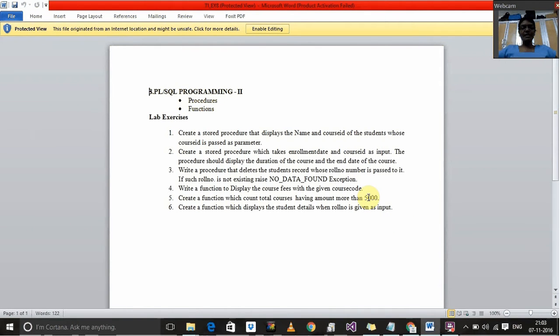This is my database 8th experiment, where we are going to use procedures and functions. The first question is to create a stored procedure that displays the name and course ID of a student whose course ID is passed as a parameter. So this is done